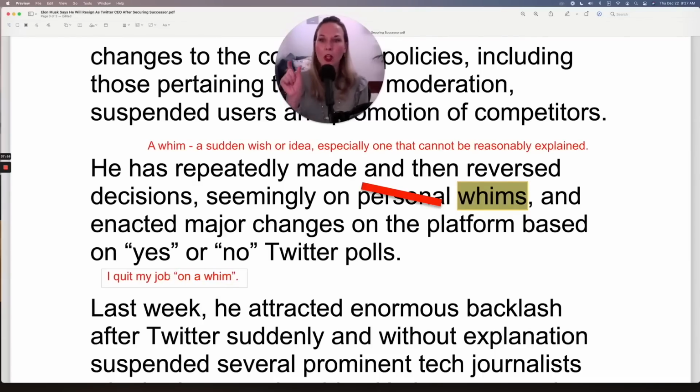So we use it, you do an action, I quit my job. Now, if you want to suggest that you didn't think about it very much and you can't even really explain why you quit, it's like, I just had this feeling. I was at work and I decided suddenly. I can't even tell you why. I don't have a good decision. I quit my job on a whim. Some might consider that a good thing. Some might consider that a bad thing. It depends on your preferences, I guess.